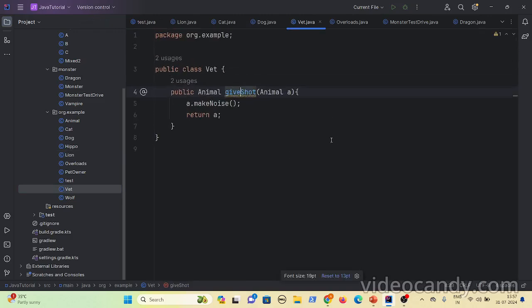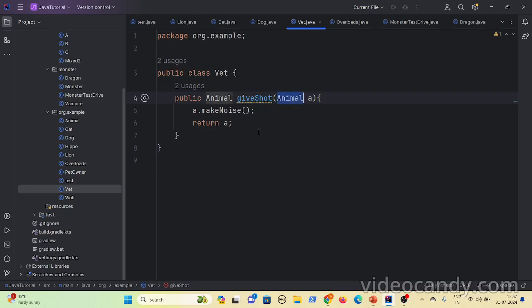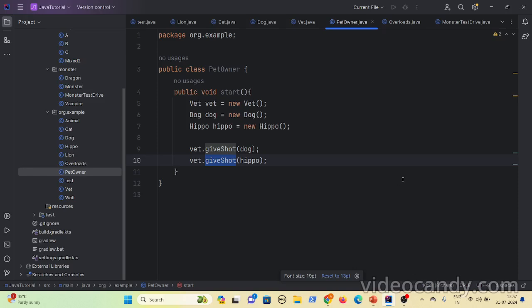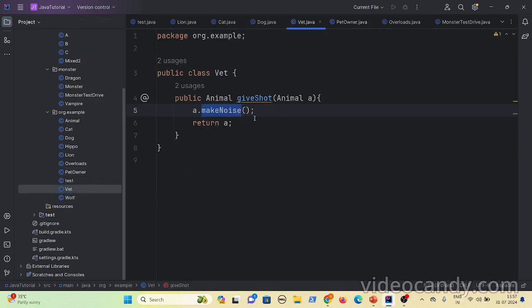What this vet class is doing is, whenever you pass an animal type, it makes the noise. Let's say I am the pet owner. Initially I have only a dog as my pet. So I'll call vet.give shot of and pass dog. When I invoke the give shot of method, it will invoke the make noise of method on the dog.